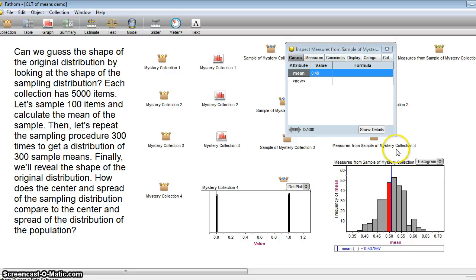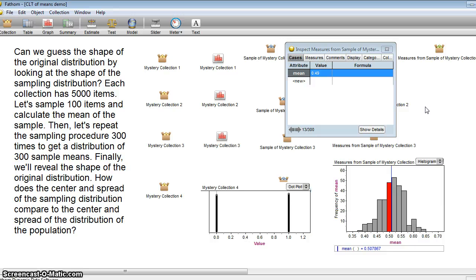So for each of these distributions, we couldn't actually predict the shape of the original distribution by looking at the shape of the distribution of the 300 sample means. However, it's interesting to note that no matter what the original distribution shape was, the distribution of sample means was approximately normal. And that's going to allow us to use the central limit theorem to help us